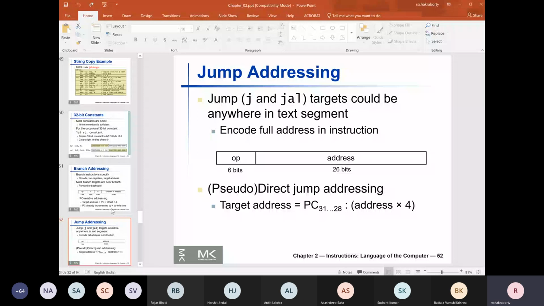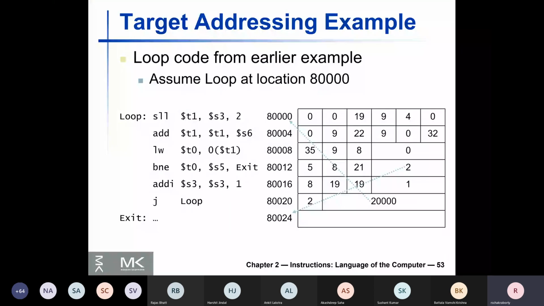Now this example on slide number 53 is very important. Addressing in MIPS. Let's see. This is code from some earlier example. There is a loop body, a very simple loop, a 6 instruction loop body. It has 2 types of branch and jump instructions, a BNE instruction and a J instruction.